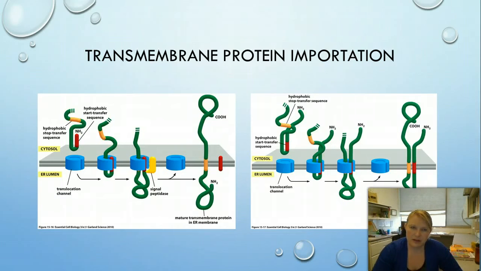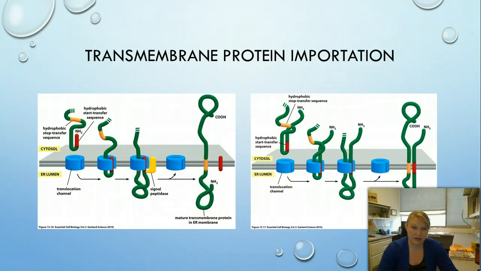The other one is transmembrane protein importation. As I said, this is more complicated, and it's really important because this is how we get a lot of major transmembrane proteins that do a lot of functions for us. So what you can see here, the first thing I want you to note in comparison to the last slide is that there are these two different colored sections on these proteins. You can see the hydrophobic stop transfer sequence. And what they do is